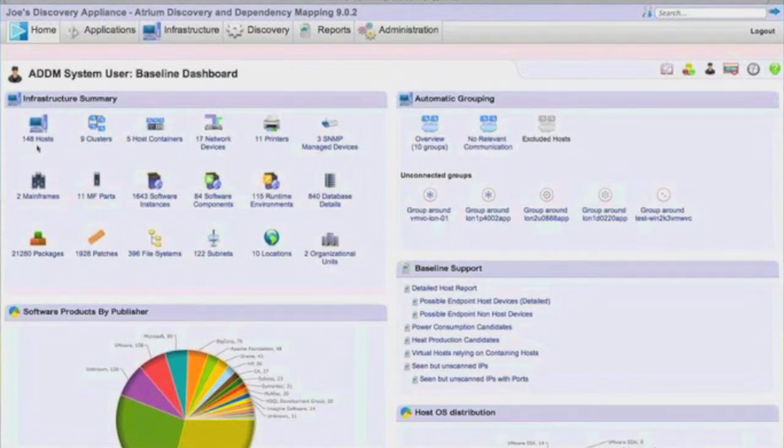I can see that there are 148 hosts. I've got a couple of mainframes. I've got some clusters and some host containers. These are LDOMs, LPARs, things of that nature. I've got some network devices out there. I've got 1,643 software instances. Now, software instances are those data center class applications that I was referring to, rather than just